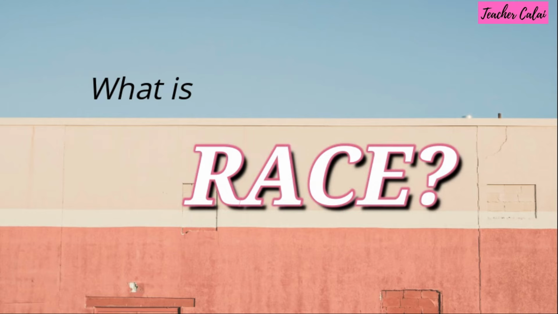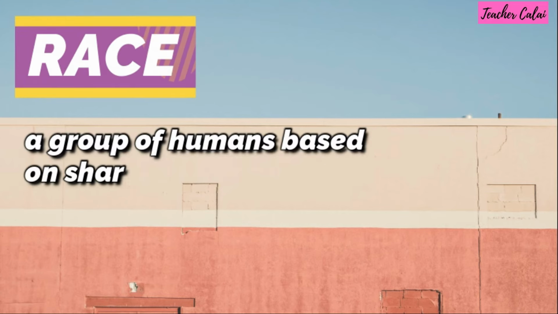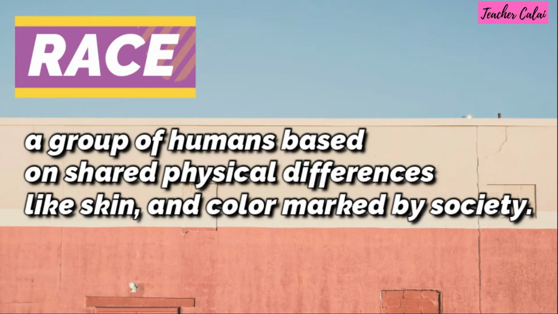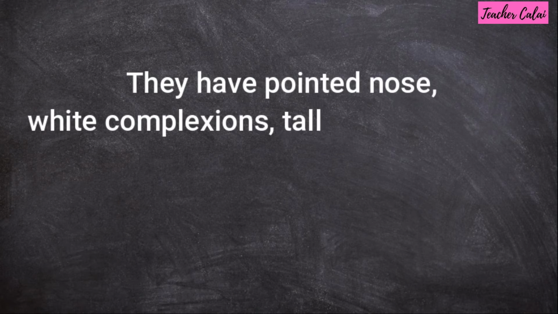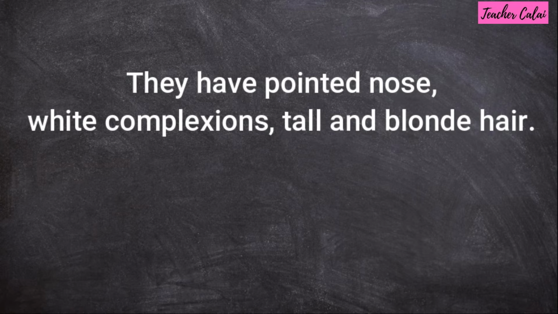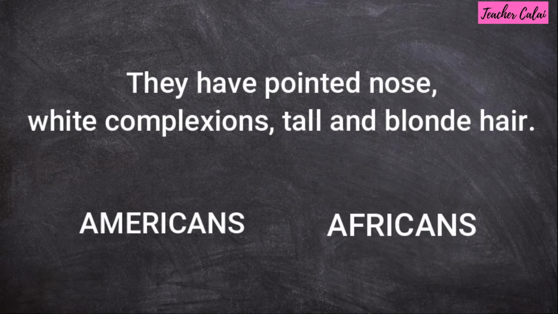What is race? When we say race, it is a group of humans based on shared physical differences like skin and color marked by society. Example, they have pointed nose, white complexions, tall, and blonde hair. Are they Americans or Africans? Next,